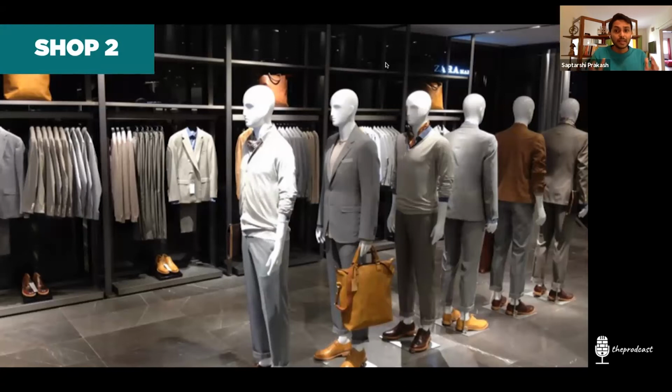You see, they're all arranged in a way which makes it easier for you to pair up and buy. It has a jacket with a trouser right below, with the shoes right under it, which goes with the things which are put there. And it has a top shelf where all the accessories are kept. It could be a cap, a hat, or a bag, or anything else that goes with your apparel, right?